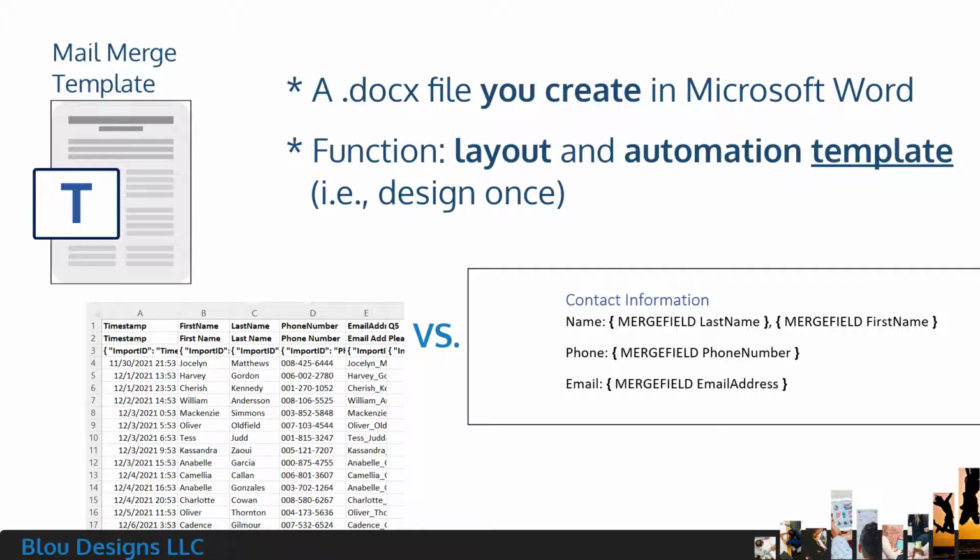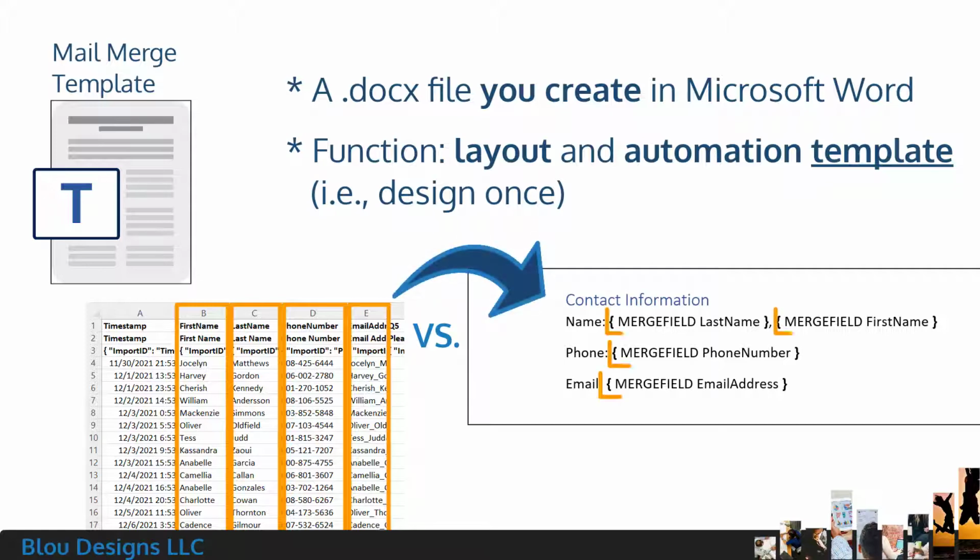This is your chance to choose which columns you want to use and which you want to ignore, the order in which you want to see those columns, and whether you want to look at everyone's responses or just a selection of them. For every place where you want to insert data from your CSV data source, you'll use something called a merge field code to refer to the column of the data that you want to insert there. For everything else, you'll type in text and insert images and other features just like you would with any other Word document.